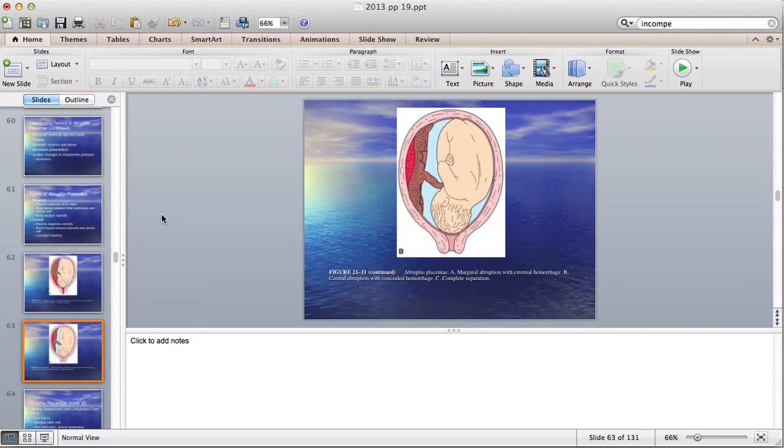The laboratory findings: you go and get the CBC, that would give you the H&H. Fibrinogen levels, PT, PTT, type and cross match. The ones in the middle there are to see the bleeding factors or clotting factors. And then you have to have the type and cross match of the blood. Maternal implications for abruptio placentae: she could have intrapartum hemorrhage, DIC,